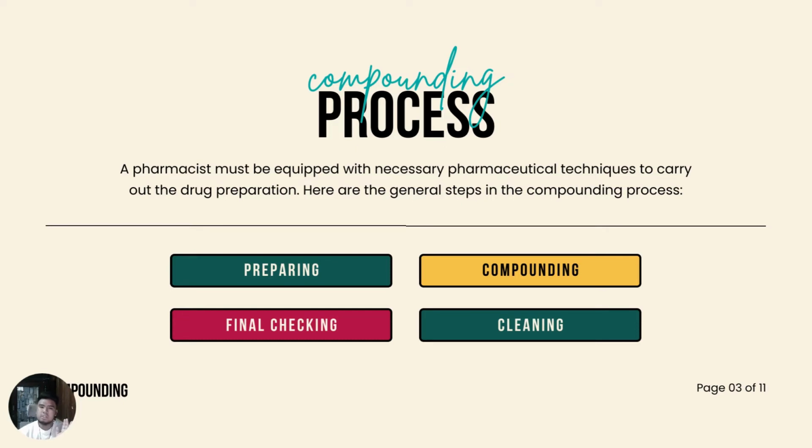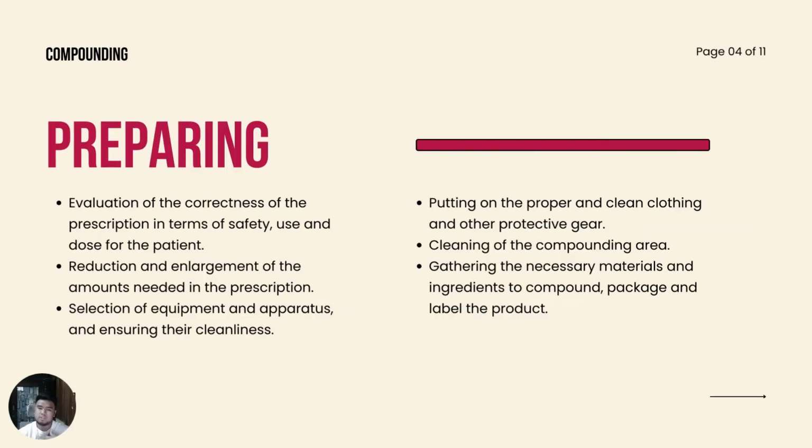First is the preparation part of the process. Here we will start off with an evaluation of the correctness of the prescription in terms of safety, use, and dose for the patient. Next is the reduction and enlargement of the amounts needed in the prescription. After this, we will select the equipment and the apparatus and put on the proper clean clothing with the other protective gear,